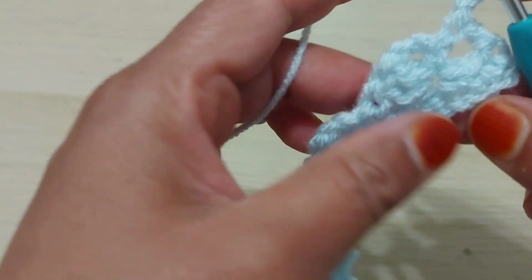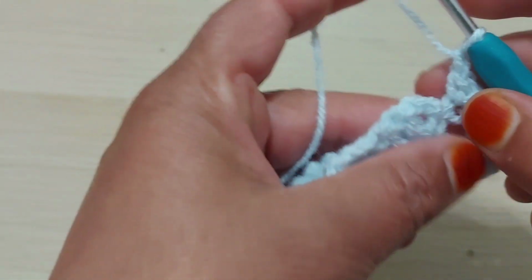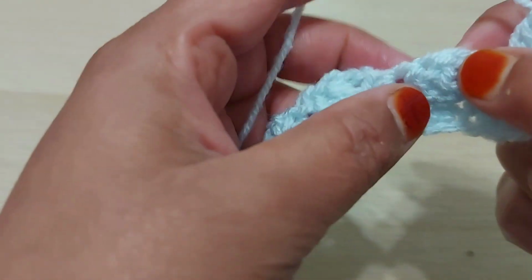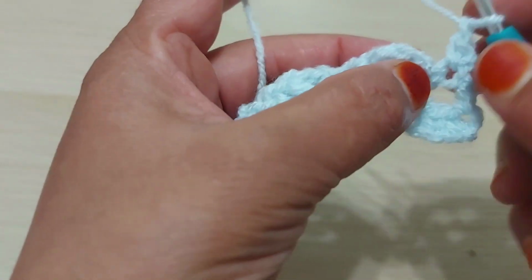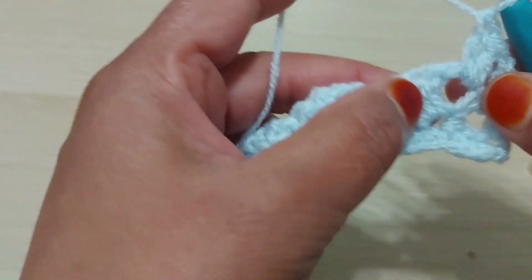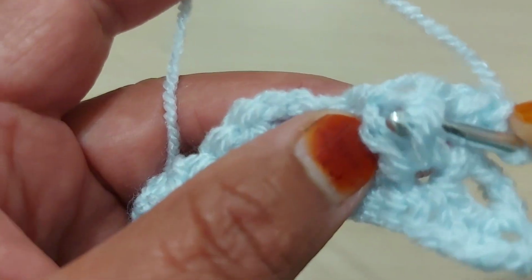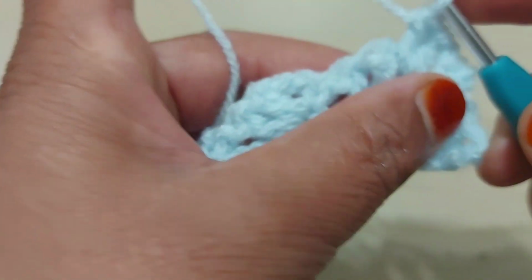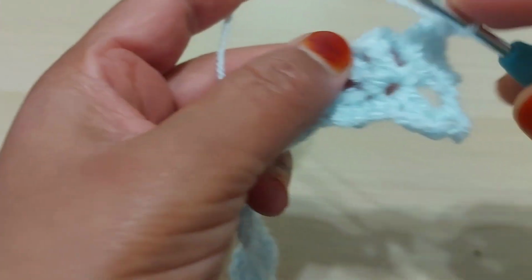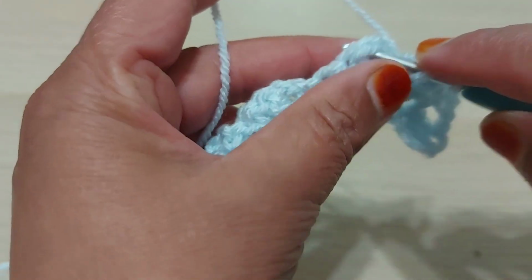So again gonna make single crochet, then chain 1. So let's see now where I made chain 2 space, I'm gonna make there 2 double crochet. Now this pattern just repeats 1 row. So now always we have to, there's 2 double crochet. This first one I'm gonna make single crochet with that when I make chain 2. So I made 2 double crochet, then chain 2, make single crochet with this first one, yarn over next space,